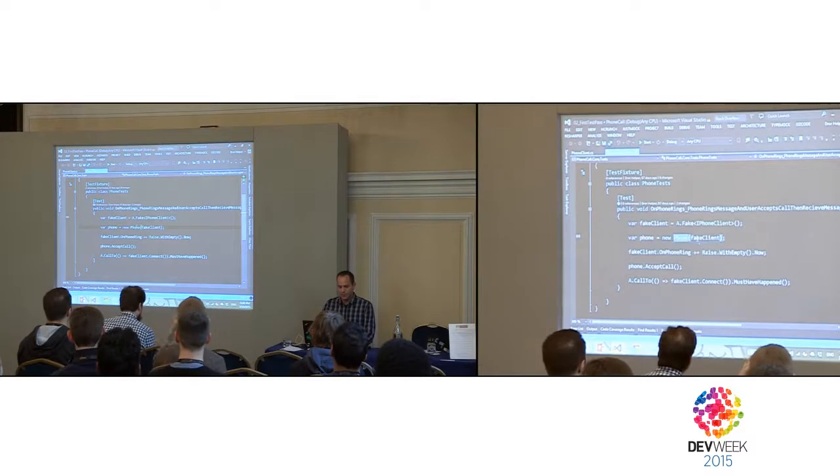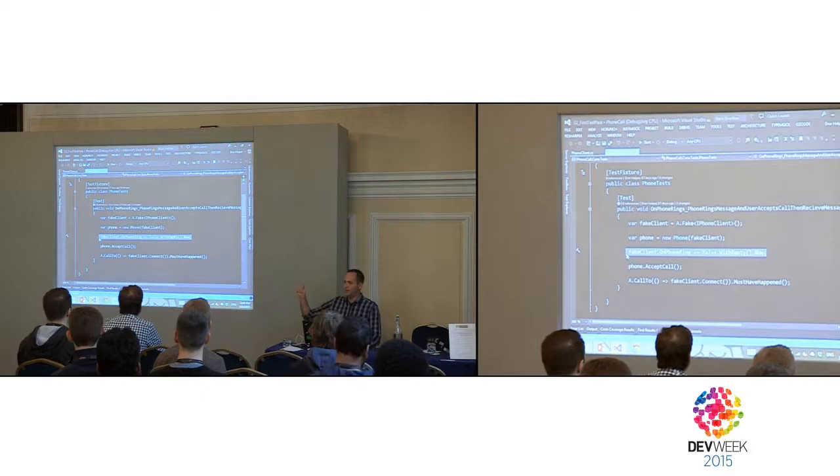And then I'll create a new phone and pass it to the fake client using dependency injection. And here I'll tell it, that's a very weird syntax. That's .NET for you. Events are not first-class citizens, so that's the way the fake mocking framework uses to actually raise events, because it's not a real object. I need to tell it an event appeared. So I say, well, just say on phone ring now. And then I'll call accept call.